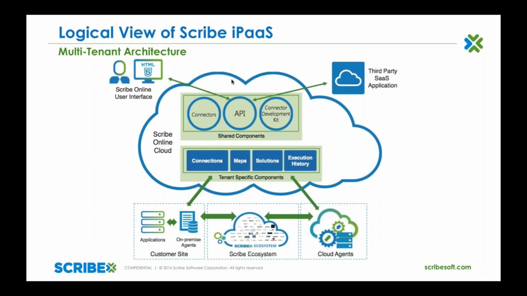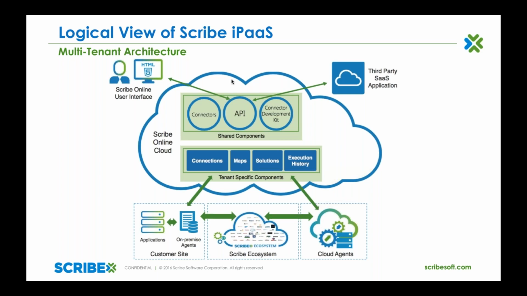All right, so we're talking about Scribe Online, our integration platform as a service. It's a cloud app that we're going to work with. You log into the UI, and that's where you manage ongoing integrations and create connections into your endpoints. We'll talk a lot more about connectivity and how you get your hooks into there. But it's also where you spend a lot of time doing any kind of troubleshooting or management